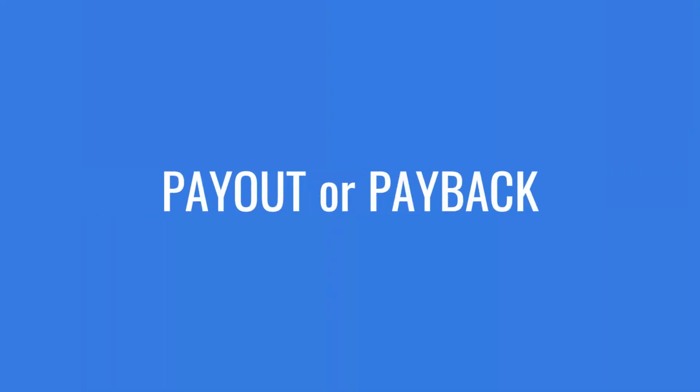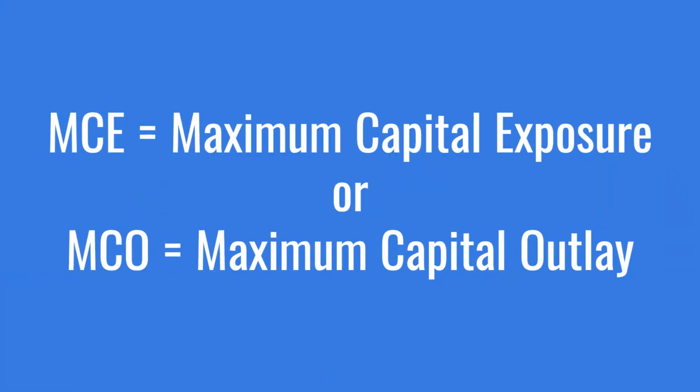The third key indicator is payout or payback period. So if I'm going to invest in a project, knowing that it's a risky project and it can take many years before the oil is discovered and produced, I need to know how many years it will take for me to recover my initial investment back, and that is called payback or payout period. The fourth one is called capital exposure, or MCE, or some people call it MCO, maximum capital outlay,